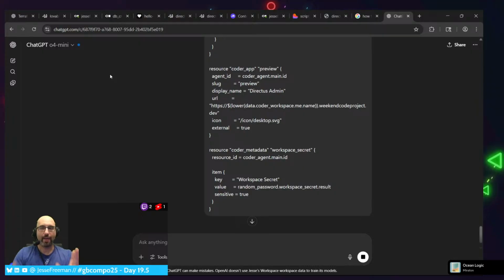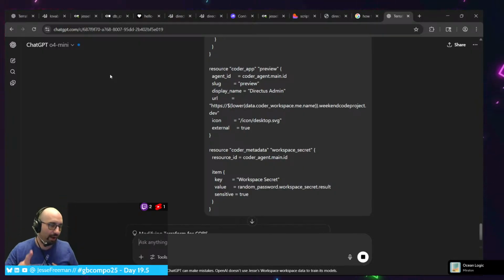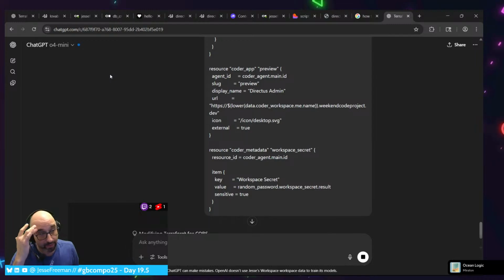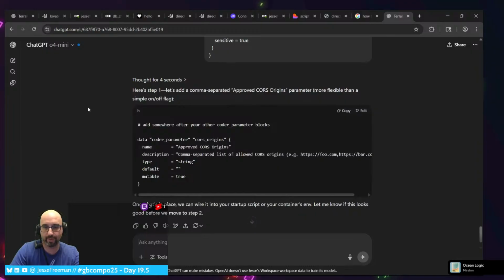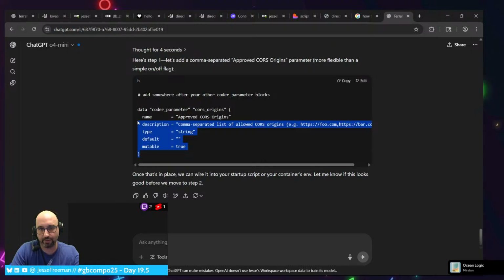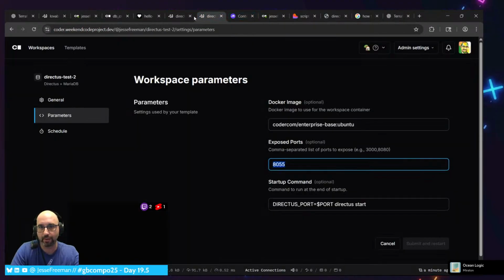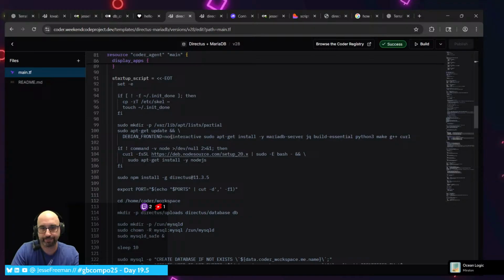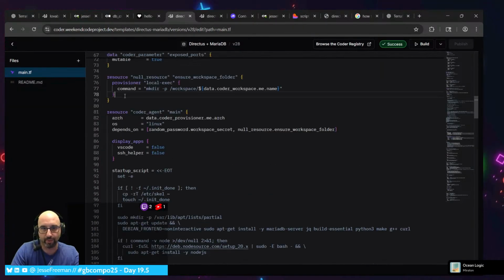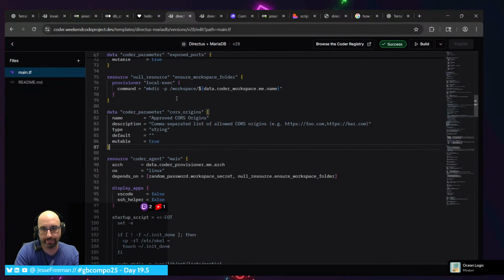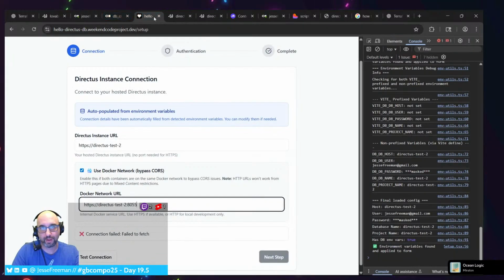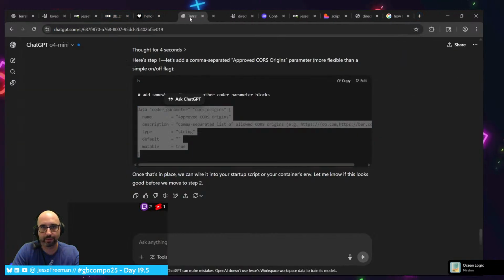All right, I think this is the better approach because I don't know why I wasn't thinking about it. The template, when I create this project, needs to handle the CORS stuff instead of me having to go in and manage it. So once this is in place, we can write this into your script. So let's do this. Let's look for our, we'll put this before our startup, coder agent main, and a comment, server list of all allowed CORS origins. Perfect. I think this is so much better. Okay. I like this plan. I like this plan a lot.